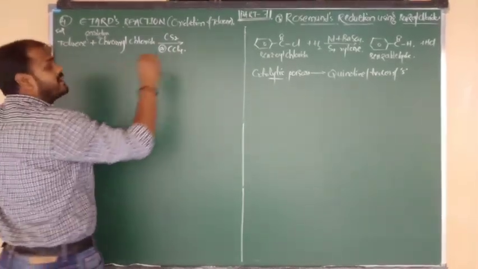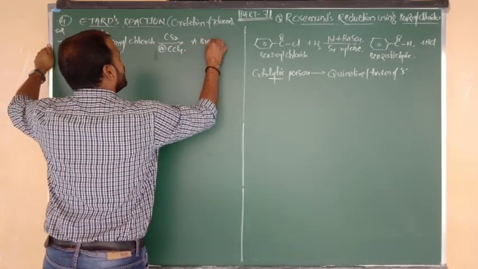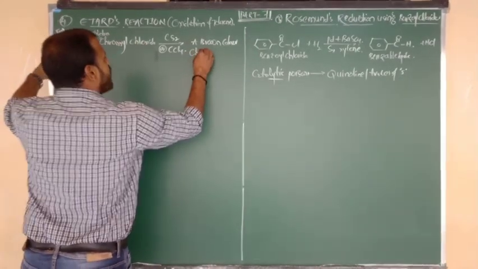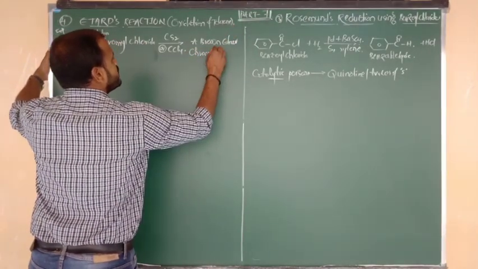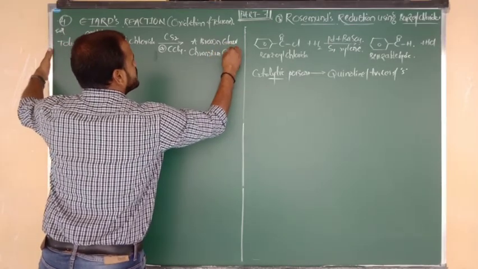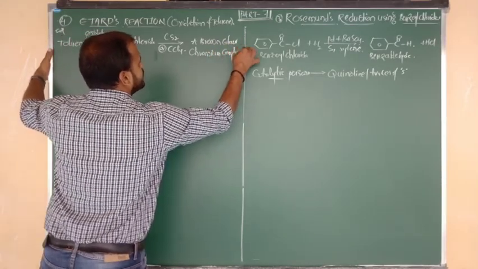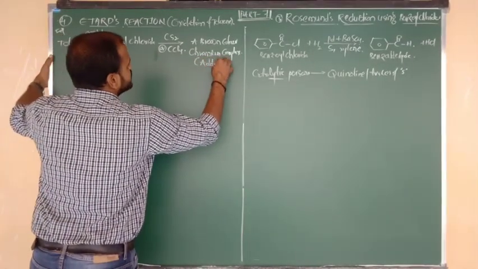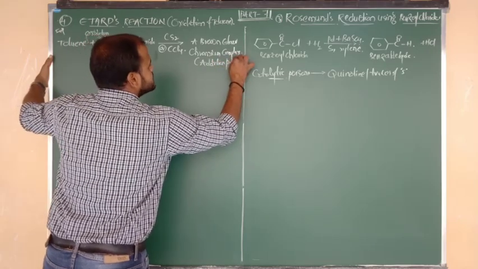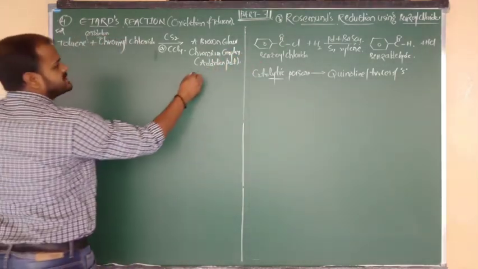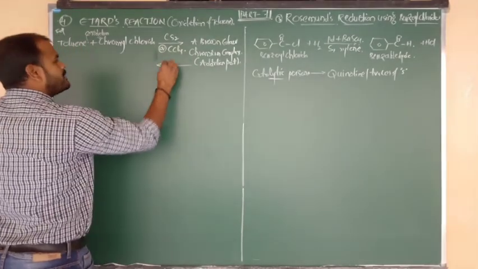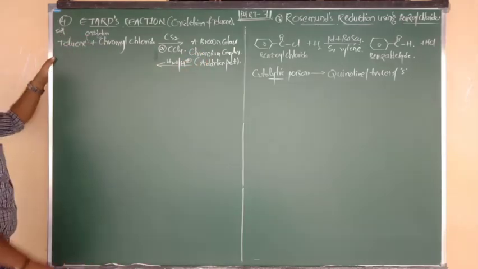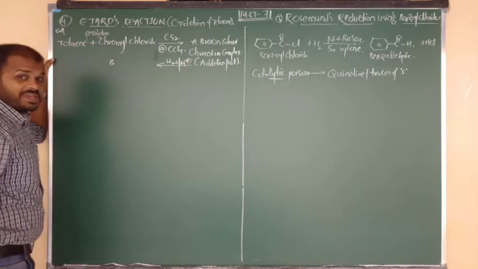First of all, it forms one intermediate. The intermediate is nothing but a brown color chromium complex. A brown color what, beta? Chromium complex. So this intermediate formation will occur. Such a brown color chromium complex, we have to say that it is an addition product. Such an addition product or intermediate complex then undergoes hydrolysis. Hydrolysis takes place in acidic medium, and finally you get the product, aromatic aldehyde.